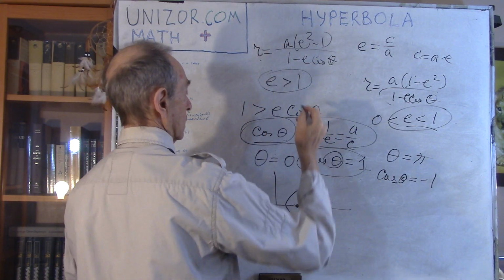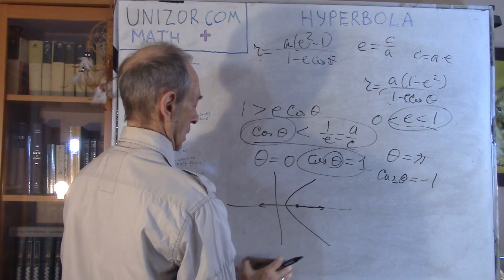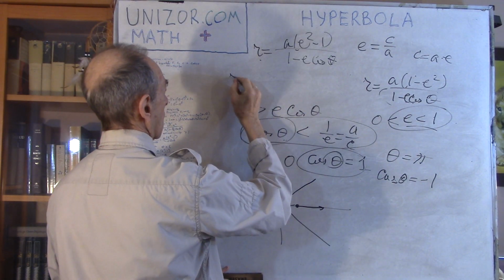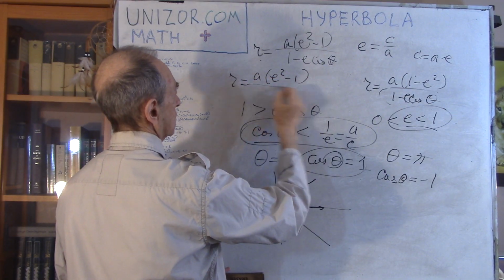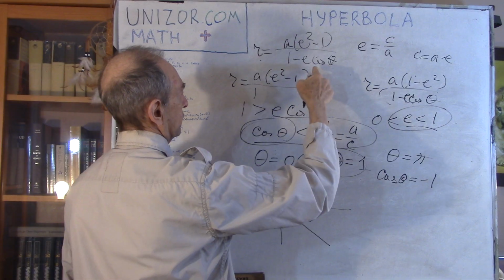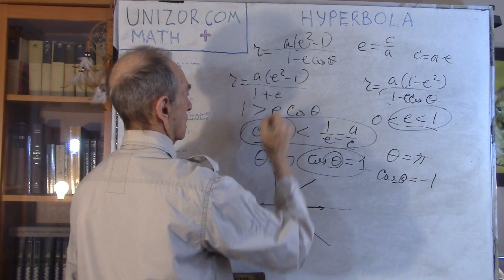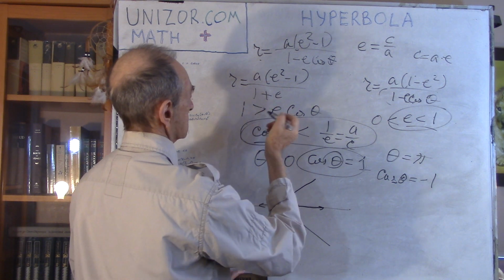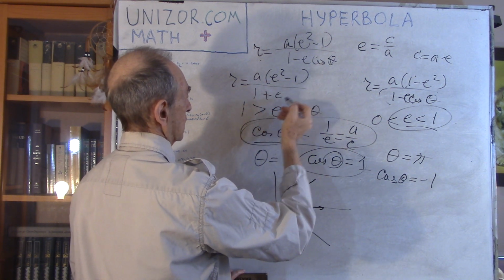If it's minus 1, then you have r equal to a times (e square minus 1) divided by 1 plus e. Now, cosine is minus 1, so it's e square minus 1 divided by e plus 1,